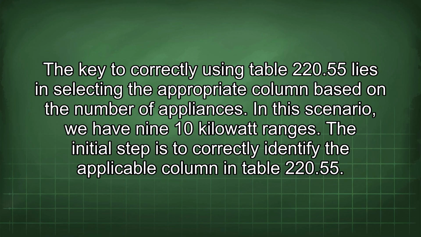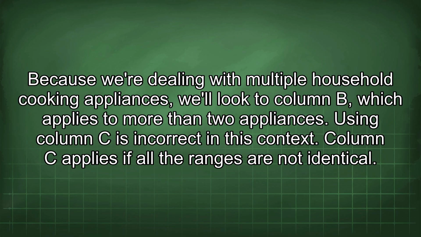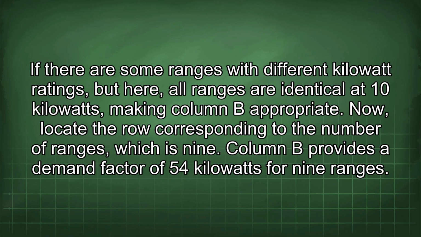In this scenario, we have 9 10-kilowatt ranges. The initial step is to correctly identify the applicable column in Table 220.55. Because we're dealing with multiple household cooking appliances, we'll look to column B, which applies to more than 2 appliances. Using column C is incorrect in this context. Column C applies if all the ranges are not identical. If there are some ranges with different kilowatt ratings, but here, all ranges are identical at 10 kilowatts, making column